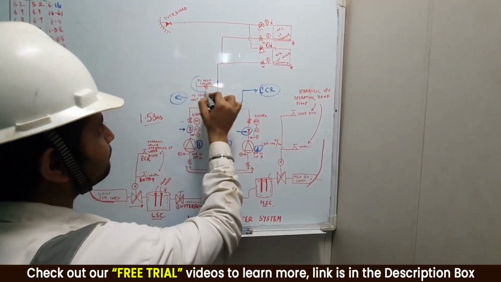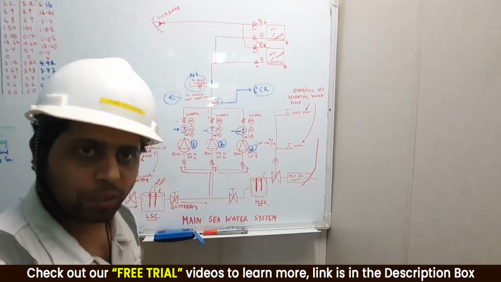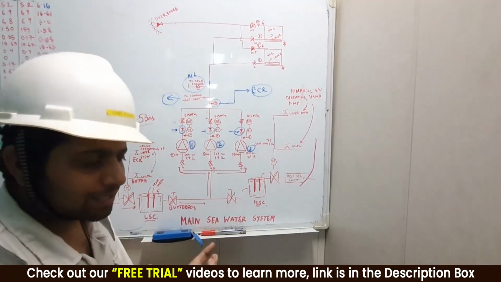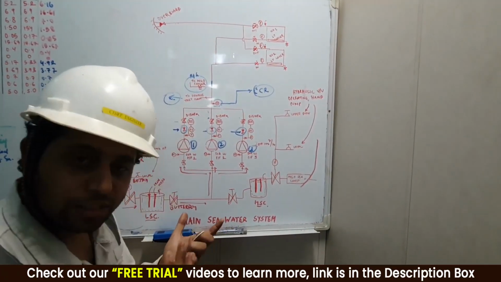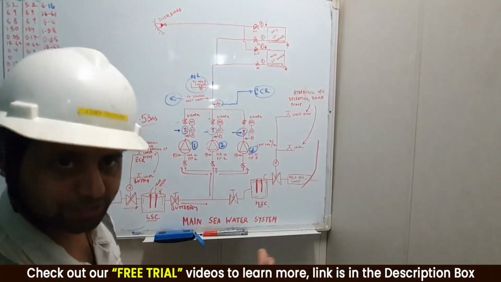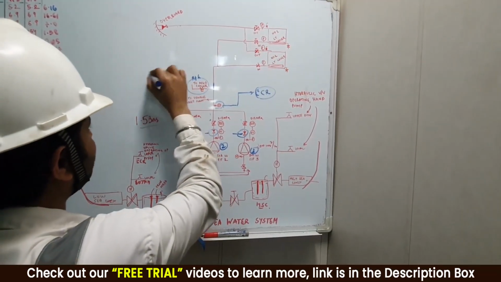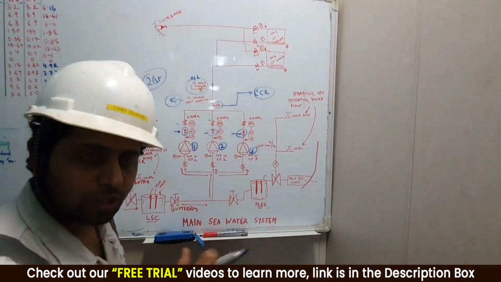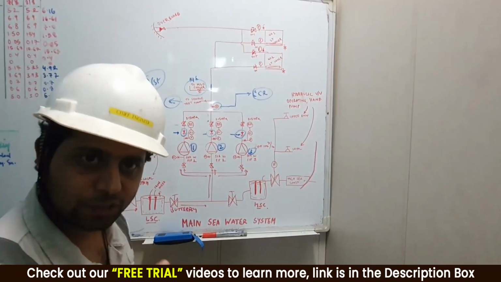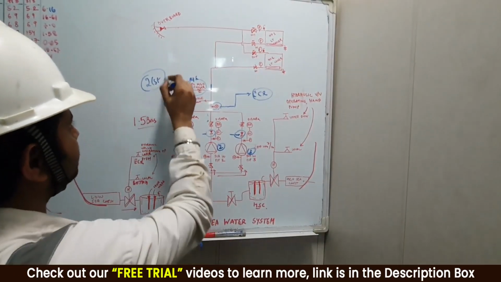Another line is given for the MGO cooler. This is the main engine MGO cooler. When we change over the main engine to LS MGO from VLSFO, then we put this MGO cooler in use so that the viscosity of the LS MGO reduces. The temperature is on a lesser side and viscosity is more than 2 cSt in any case. So the MGO cooler cools down the LS MGO temperature because of the seawater. Copied, guys? It is very, very important so that viscosity is in a normal shape. It should always be more than 2 cSt.